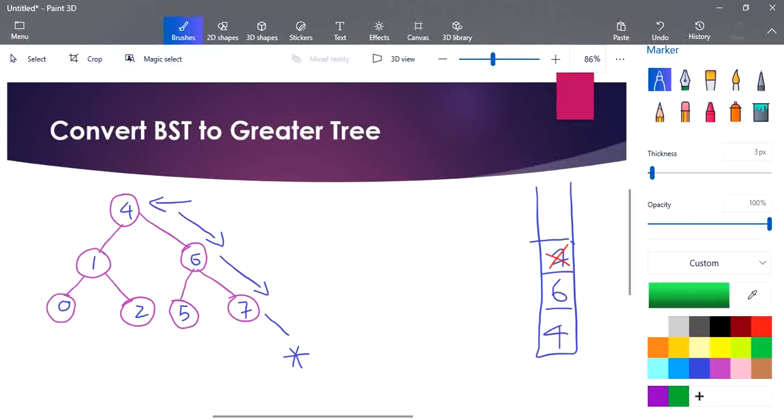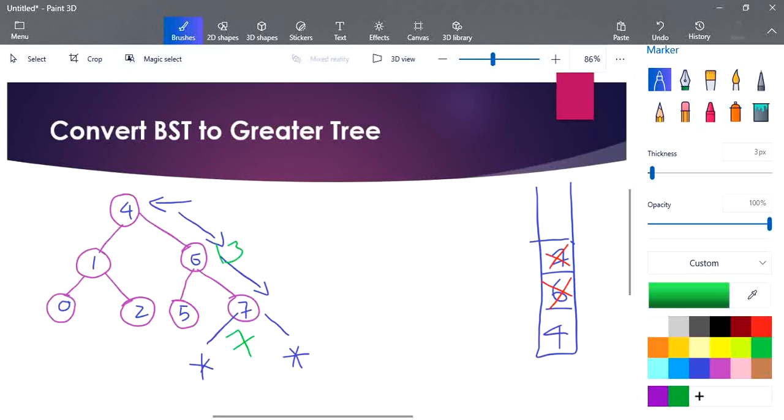So now our sum is 7 right now. So now we are checking whether there is any left nodes to 7. There is no left node to 7 at all. So we are moving on to our popping. So now we are going to pop 6. So once we pop 6, it is going to add to our sum so far. So far our sum is 7. Adding 6 with 7 will make the value 13, and we are updating this node to 13.